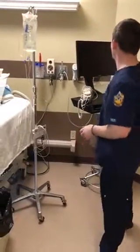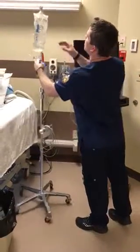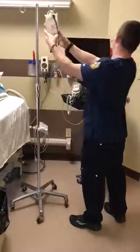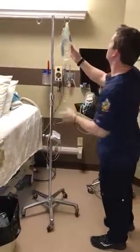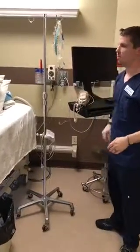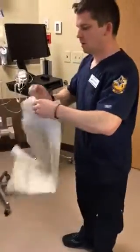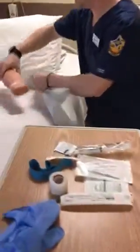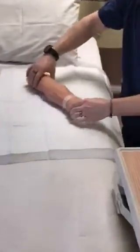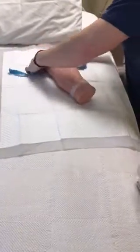I'm going to go ahead and check the MAR and the doctor's order right now. It is the proper solution, which is normal saline, and we had already done all the setup and labeling in the med room. So right now I'm going to go ahead and place this protective pad under your totally not severed arm, right like that, to keep the bed and linen nice and clean for you. I'm going to go ahead and attach my